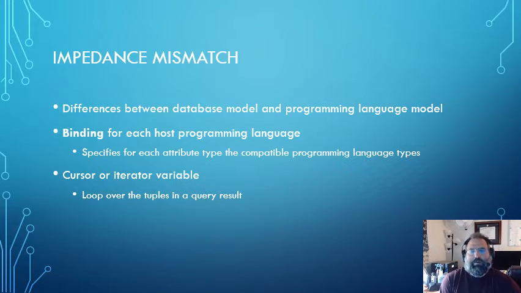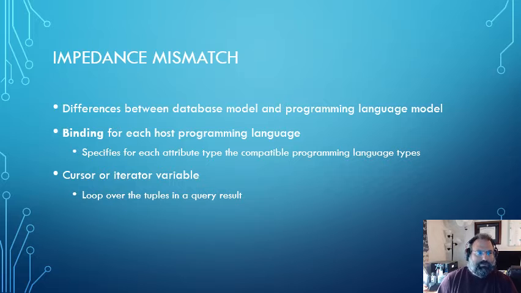The impedance mismatch is a common problem that deals with database languages and programming languages. It's a difference between database models and the programming language. A binding for each host programming language may be created or used. It specifies for each attribute type the compatible programming language types and essentially maps between the two. A cursor or iteration variable is a way of looping over a set of tuples in a query result. The impedance mismatch is a very big problem. There have been numerous ways to try to address it, including things like object relational mapping and other constructs. The summation of that problem is that the objects that need to exist inside of a program when it's executing are not the same as the constructs that need to exist inside of a database